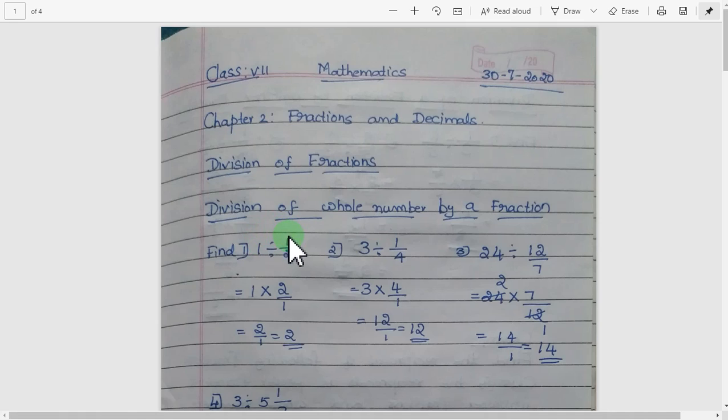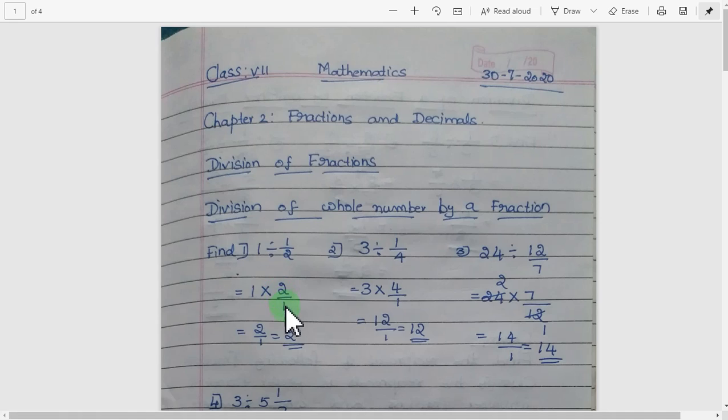Here in the division we are converting the division sign into multiplication. So in the next step, see, division is converted into multiplication. When you convert division into multiplication, you have to write the reciprocal of half. Reciprocal means exchanging numerator and denominator. Numerator goes to the denominator, and denominator goes to the numerator. So this is called reciprocal.